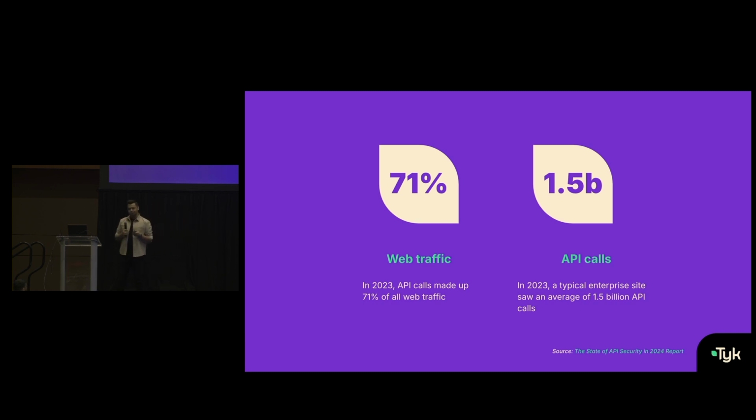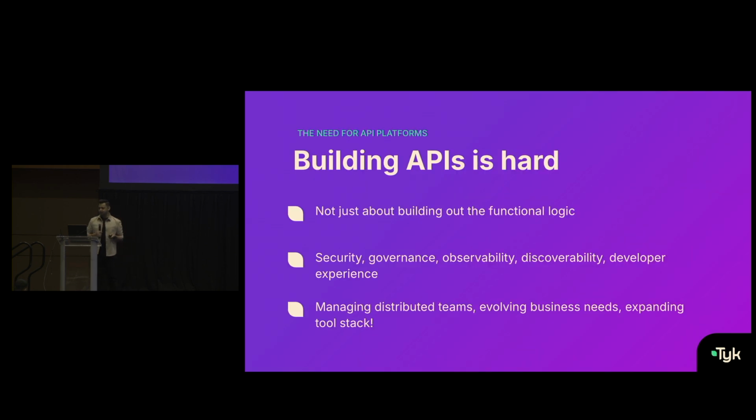But we need a way to develop and build those APIs a bit more reliably, a bit more securely, a bit more scalably. And that's where we get to these different challenges, where building APIs is not very easy. It's not just about the functional logic anymore. It's also about considering the operational side of things, the things like security, observability, governance, the discoverability of it, the overall experience of how developers are interacting with your APIs. And that's equally important as building out that functional logic.